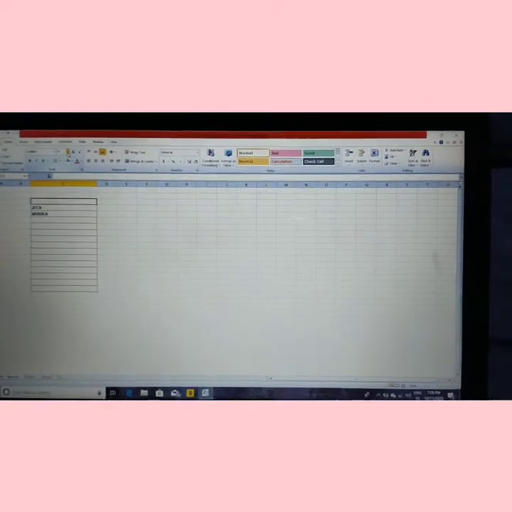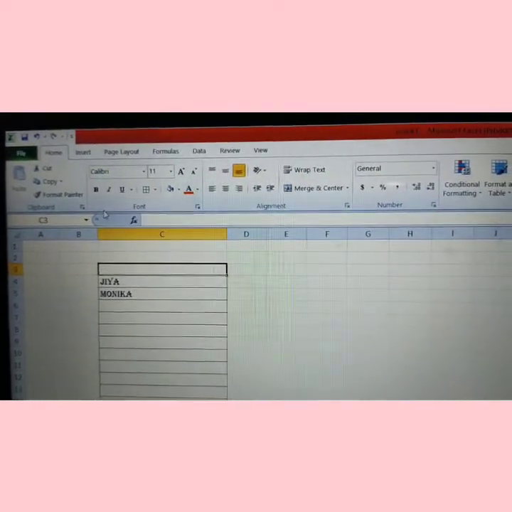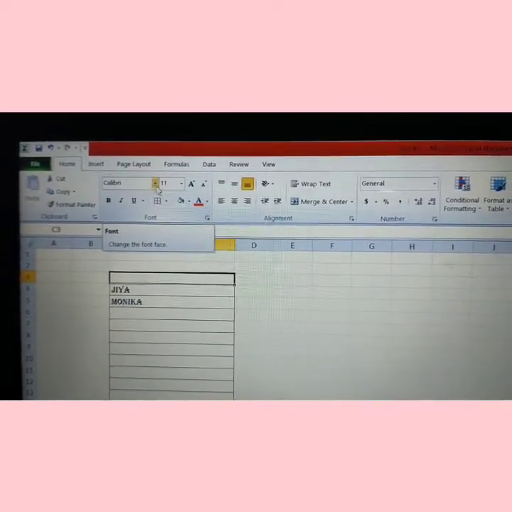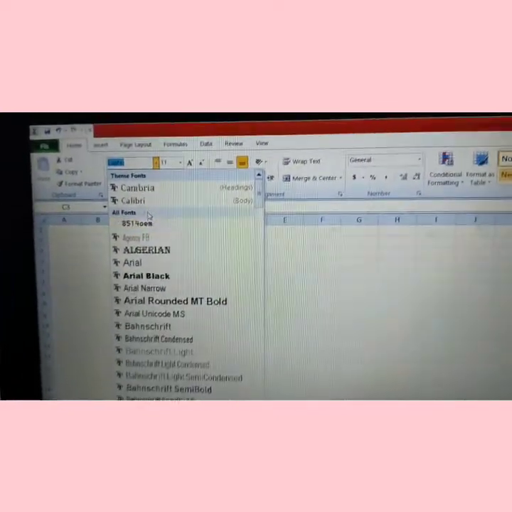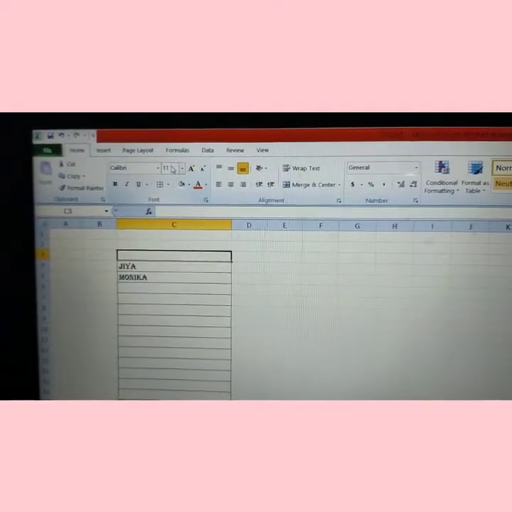Now our next topic is formatting of text. In this topic we will learn about how to change font size and font color. So have a look here. First I will show you the different options. So here my pointer, this area is called font group. If you will click on that, so you will get the different options. This is called font group. Now this is called font size.